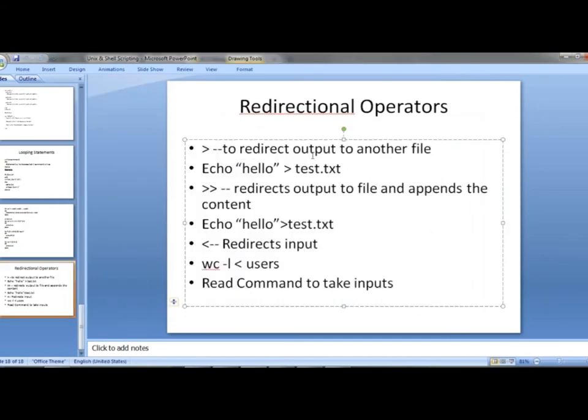So now coming to redirectional operators. So we have the greater than symbol. This is the reason why greater than doesn't work, because the greater than symbol is used as a redirection operator. Less than is used as redirectional input and greater than is used as redirectional output. So that's the reason why it doesn't work actually. So coming to greater than,